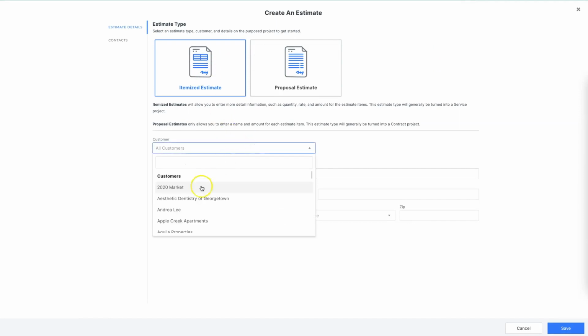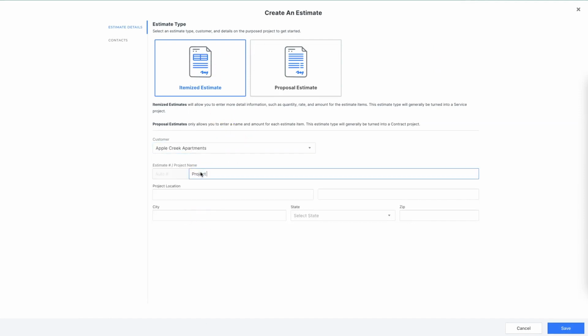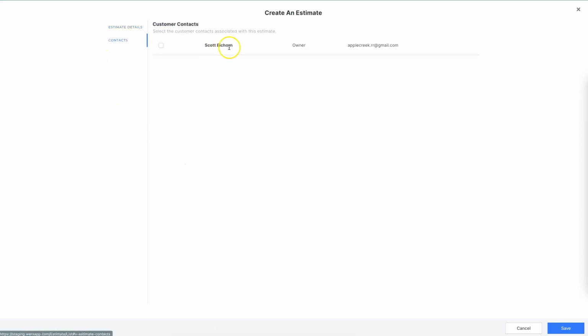We're going to select a customer, give it a project name here, and address there. We're going to go to the contacts here. Now this would be a list of all the contacts applied to this customer. We'll select the people that we want applied to this job or this estimate. We're going to go ahead and save that here, and that's going to take you to where we're going to